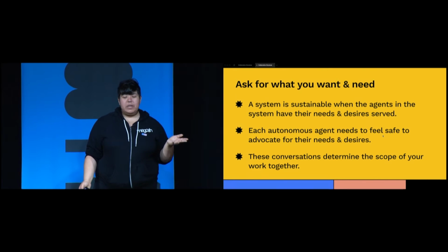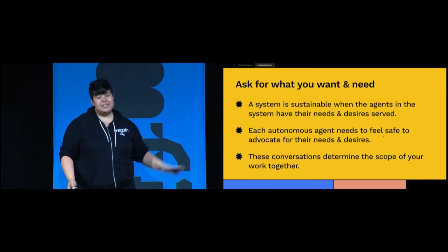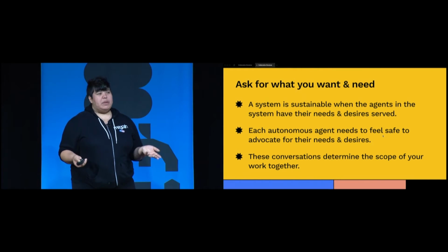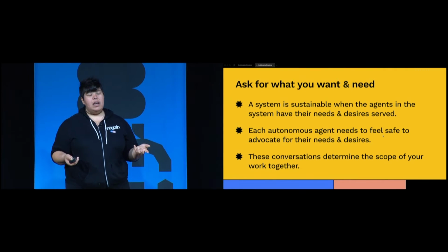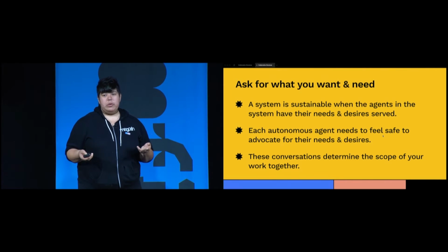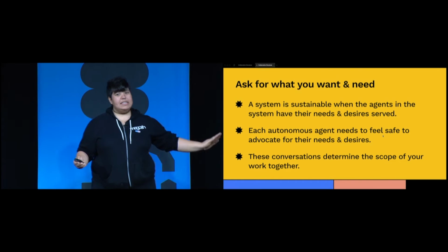So asking for what you want and need. In embodied leadership and activism, this is what fuels the progress that we can make. People being connected to what their actual needs are without shame. So if your team is a team where you are purists, and if someone goes off the design system, they